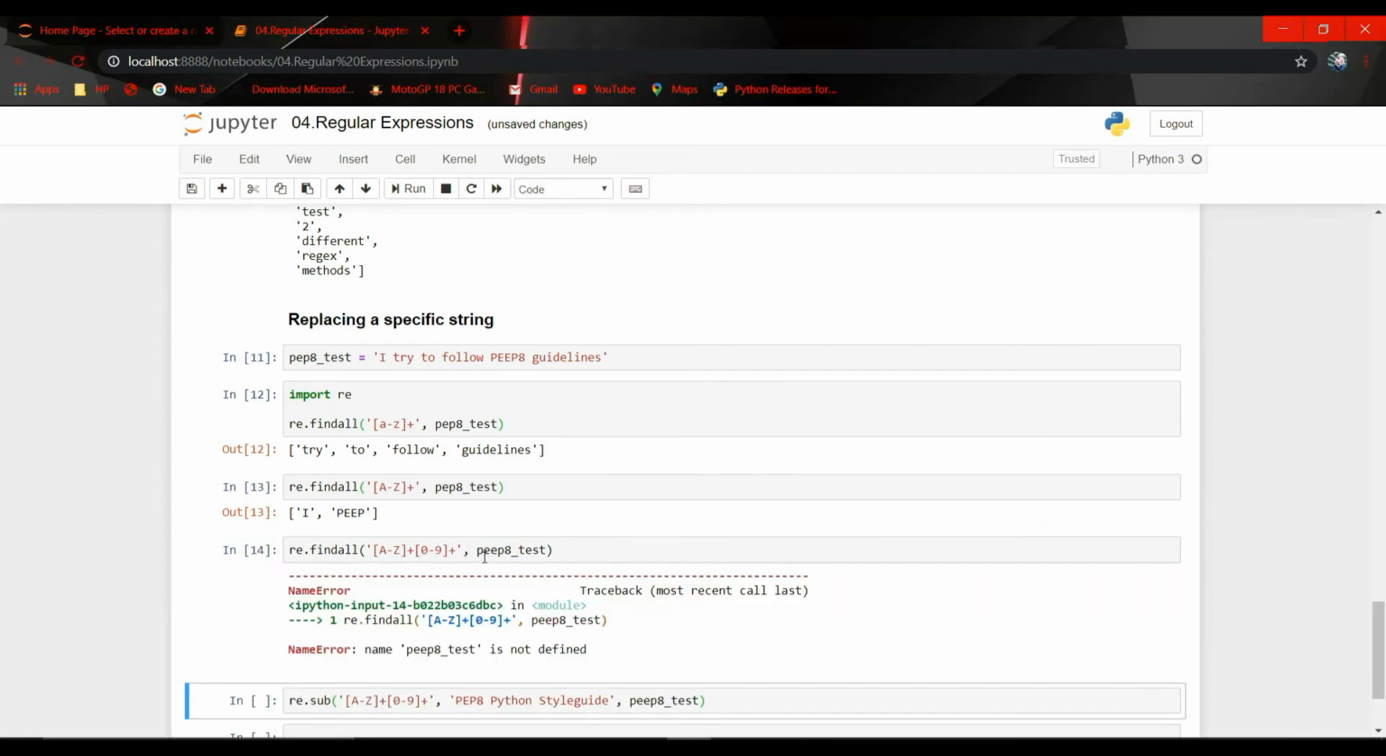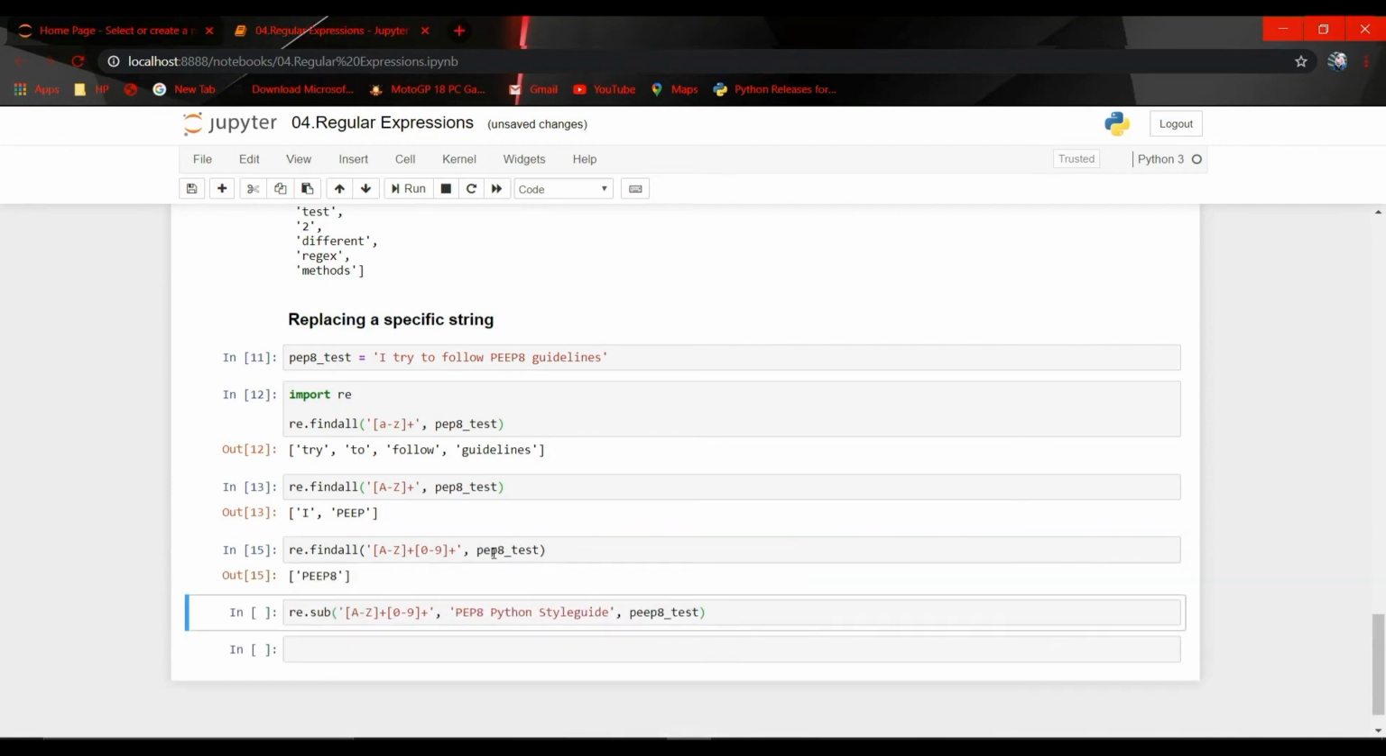Sorry guys, here is a name error. Wait, I misspelled it. So guys, here I got PEP8. Here PEP8 shows that it starts with an uppercase letter and ends with a number. We did not get I here, because I starts with uppercase, but it does not end with a number. So guys, now we got whatever we want to